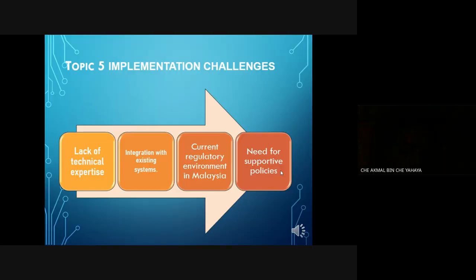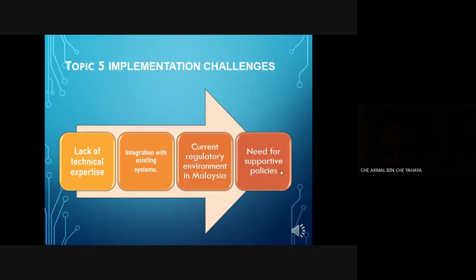Next one, topic 5, implementation challenges. The initial implementation cost and challenge of blockchain is quite high because of the lack of technical expertise. Blockchain cannot simply be put in and set up. It requires technical expertise because it is related to the e-wallet, for example using MetaMask, followed by integration with the existing system. So they have legacy systems. For example, if they use an old OS, we cannot support it, because blockchain is required to mine the data and everything.